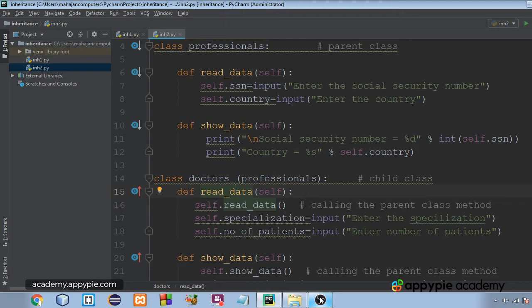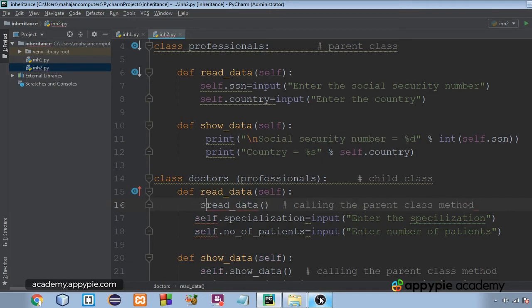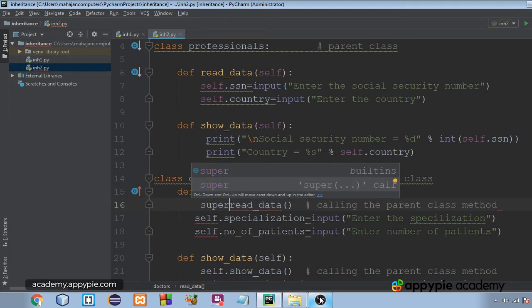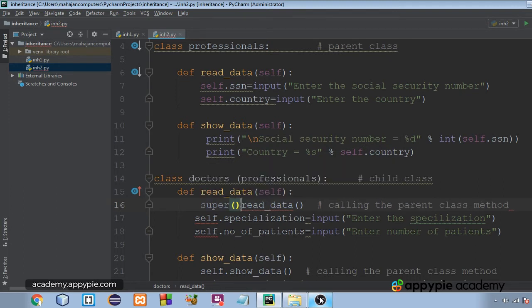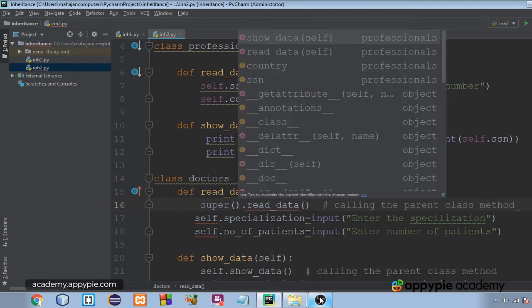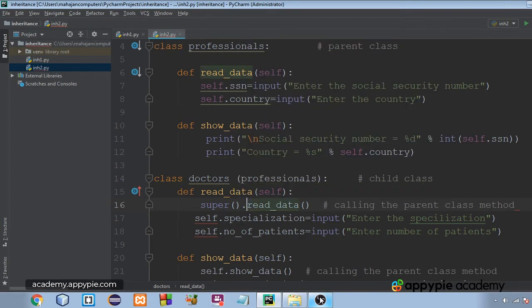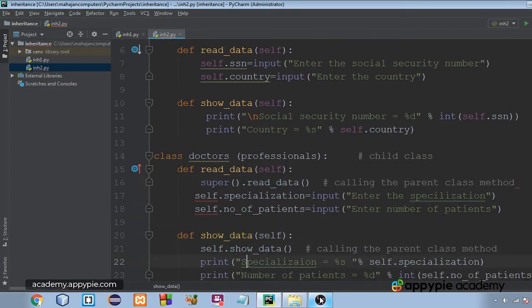So now my purpose is to call read_data not of the child class doctors itself, but here I want to call the read_data of the parent class. So what I would do is I would say super().read_data. That's it. Here also, instead of writing